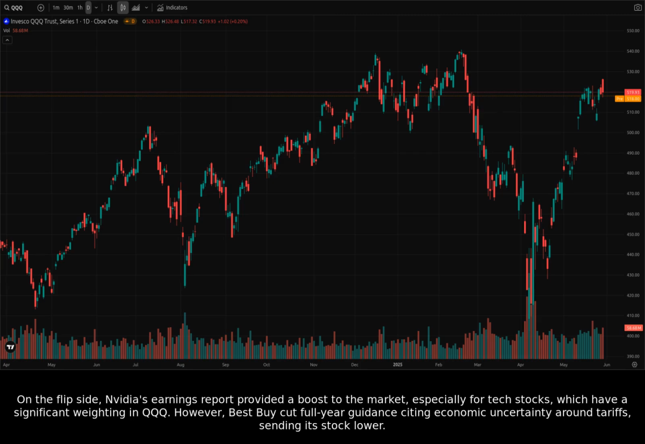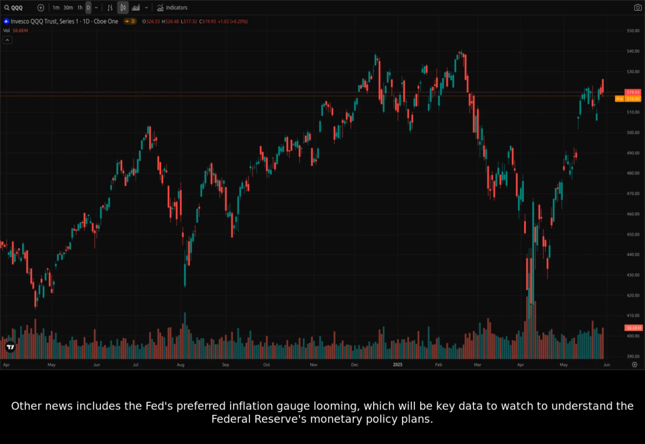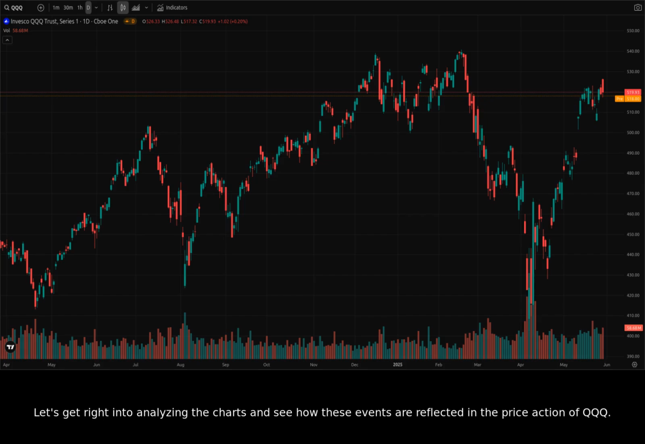On the flip side, Nvidia's earnings report provided a boost to the market, especially for tech stocks, which have a significant weighting in QQQ. However, Best Buy cut full-year guidance citing economic uncertainty around tariffs, sending its stock lower. Other news includes the Fed's preferred inflation gauge looming, which will be key data to watch to understand the Federal Reserve's monetary policy plans. Let's get right into analyzing the charts and see how these events are reflected in the